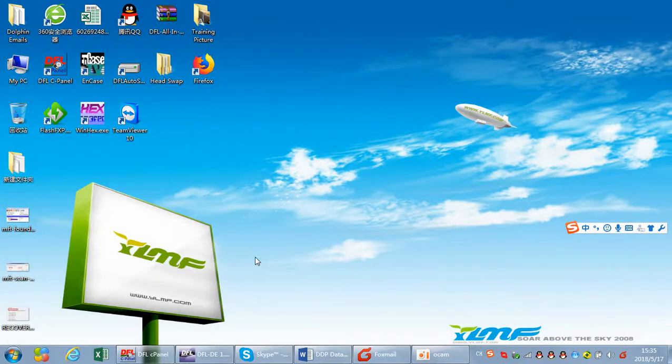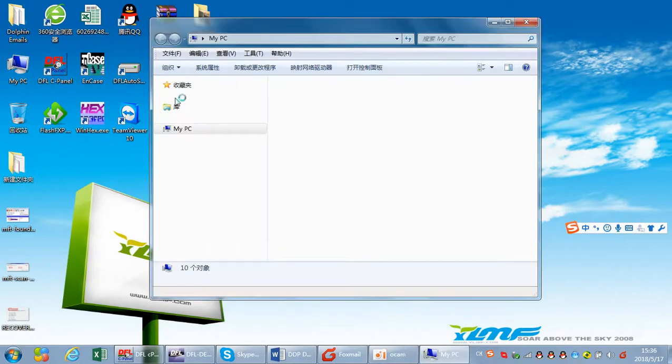Hello everybody. Now our data recovery net has just received another case of a Samsung drive, and the model number is ST1000LM024. I have just tried to connect this drive to the PC, and we can see that it is running very slow,